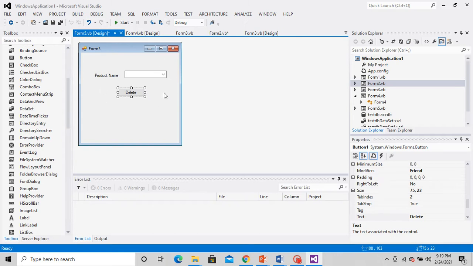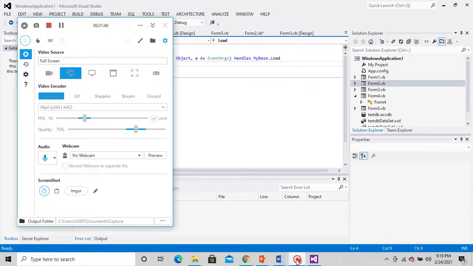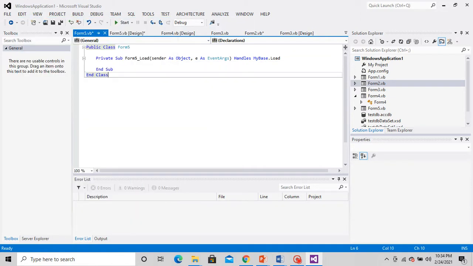Just click anywhere on the form except your text box, labels and the button. Double click on this and you will get the form load function. Okay, so I am writing the code for form load.